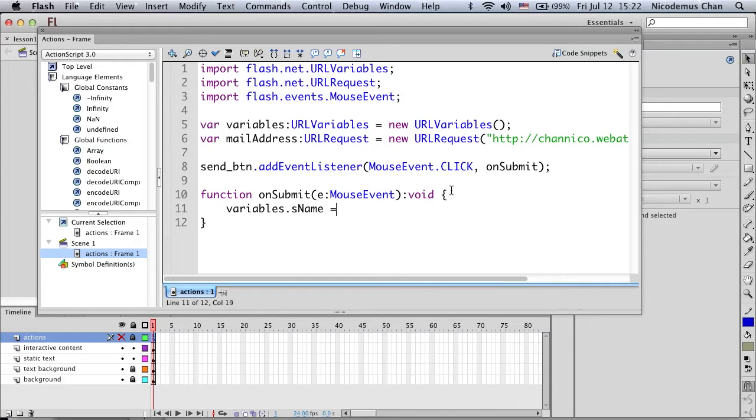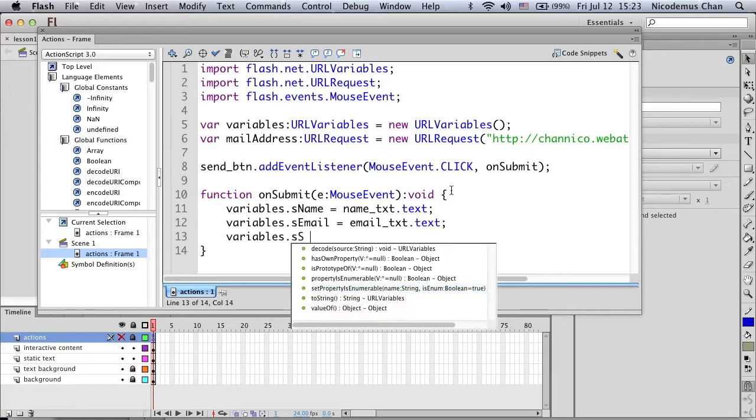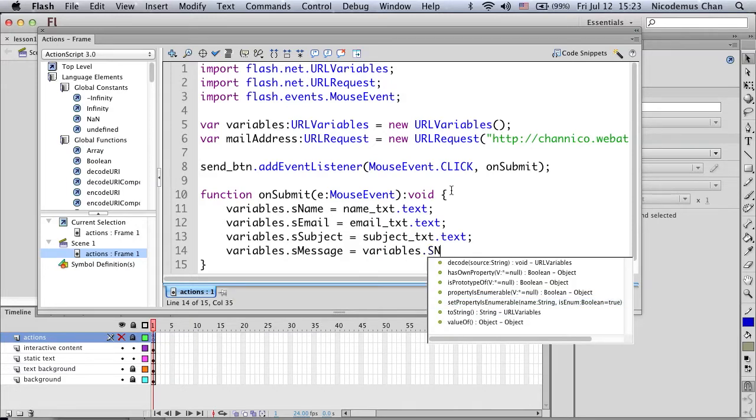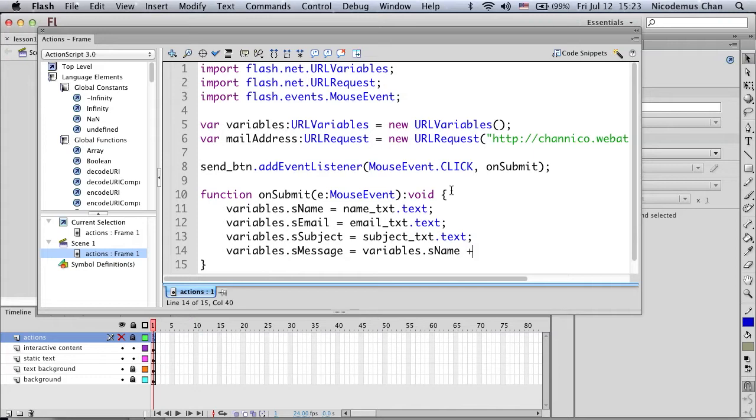variables.sName equals name_text.text, variables.sEmail equals email_text.text, variables.sSubject equals subject_text.text, and finally variables.sMessage equals variables.sName plus "has sent this note"